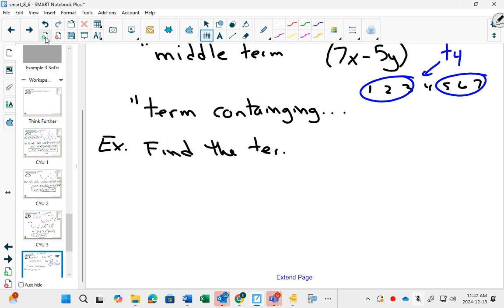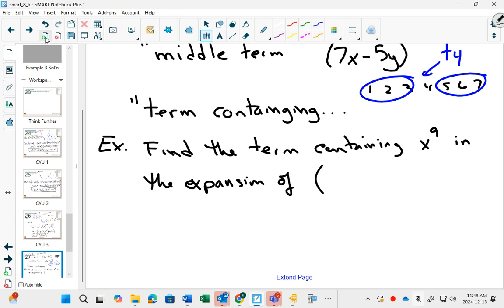Find the term containing an x to the 9 in the expansion of, and I'll give you, we'll do 3x squared. Find a term containing an x to the 9 in the expansion of 3x squared minus 2x